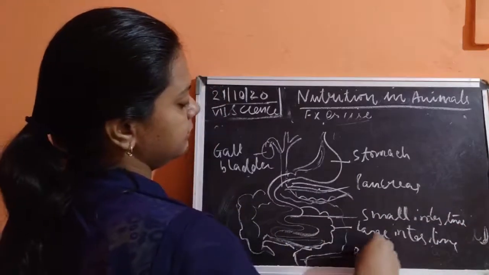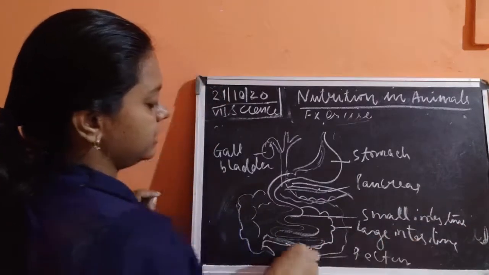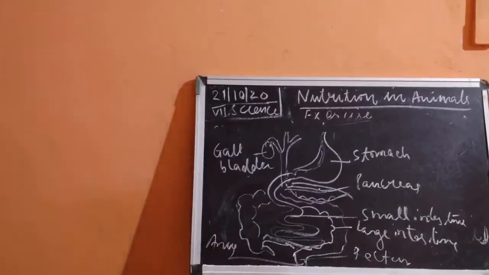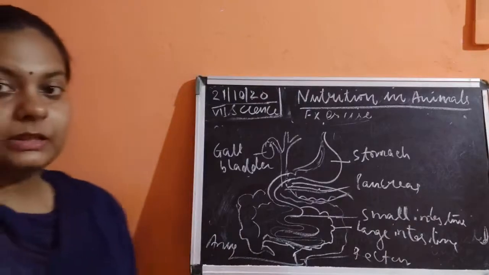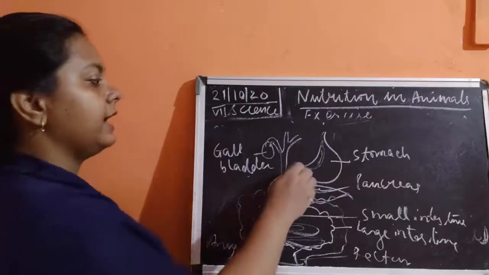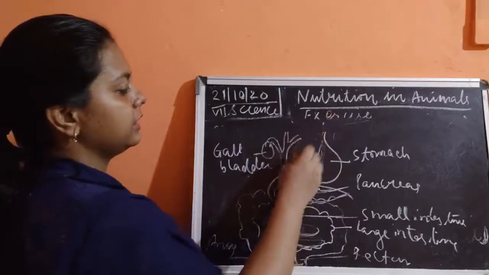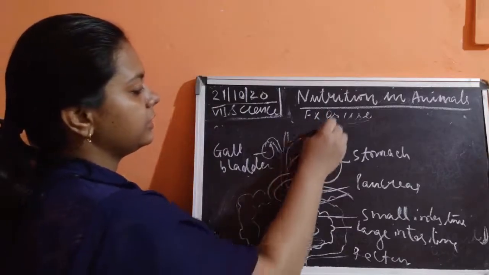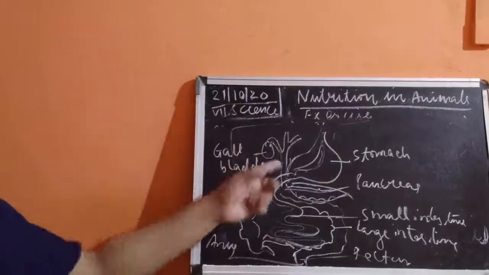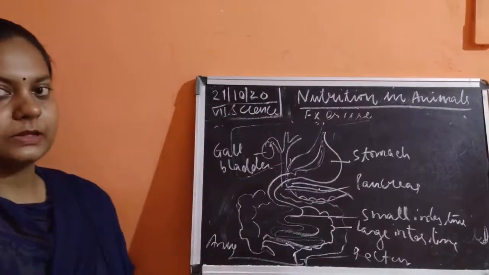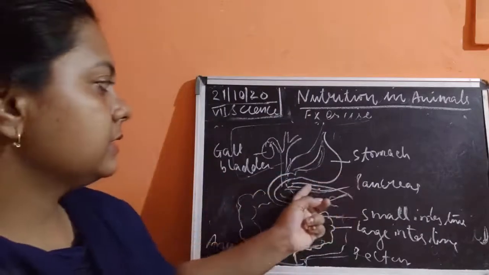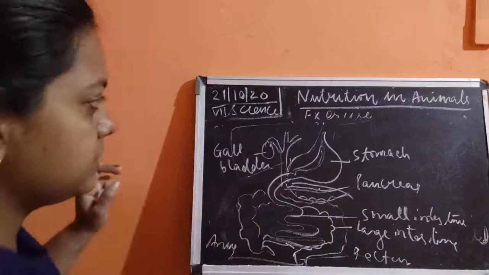This is the rectum, and the last part is the anus. So this is present here, it is given. You can label the digestive system very easily. It is present as the gallbladder, and here only the liver is there. If you have to draw the liver, you can draw it also. Here the liver is present, and just inside it, the gallbladder is present. So this is the gallbladder, then the stomach, then this is the first part, this one.